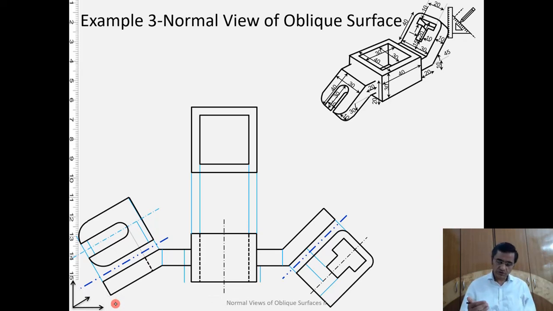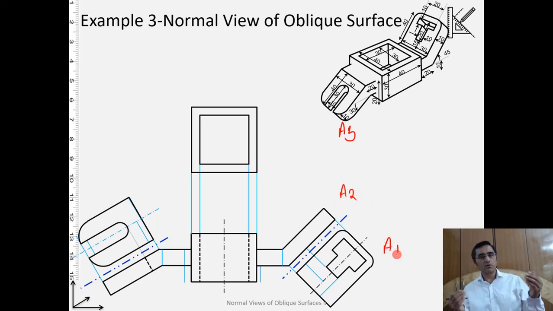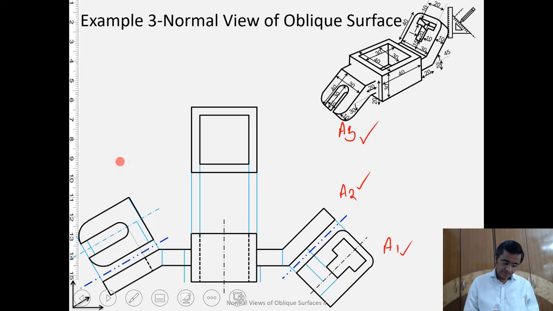Now we come to the next part, which is with the help of the true shape here, I want to now create the top view. So to do that, as we have done before, this will become our A3, the frontal will become A2, and here it is A1. So three auxiliary planes. We will be measuring the distance on A1, taking the projectors from A2, and then making the projection on A3. Let's do it.